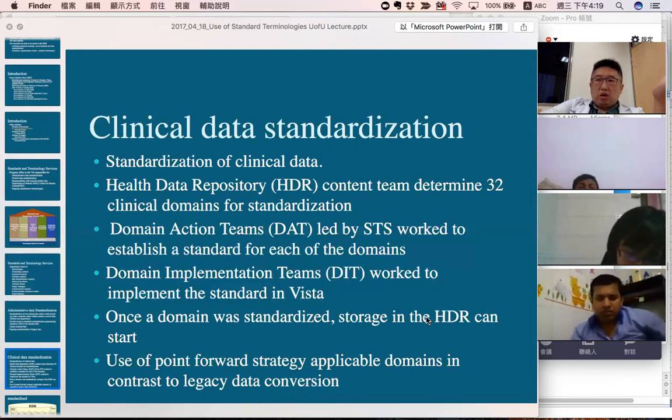So the system can, based on the information, make a recommendation. The idea is, when we create a system, which here they call a domain, they need to analyze what kind of data needs to be used. Then they need to create that in the HDR. Of course, they negotiate with the legacy data. Mostly you need to read the data from the legacy data, so you need to deal with the legacy system.